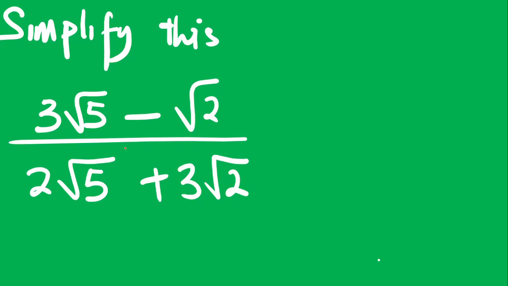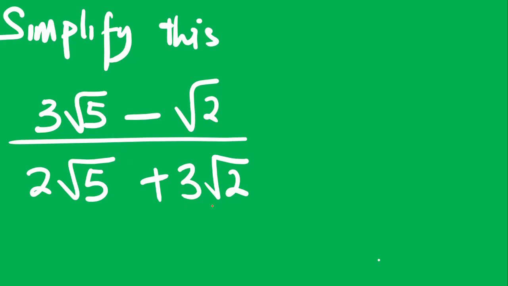Simplify this surd expression. It is written as 3 square root of 5 minus square root of 2 divided by 2 square root of 5 plus 3 square root of 2. To solve this particular problem, to simplify it, to make it simpler, we are going to